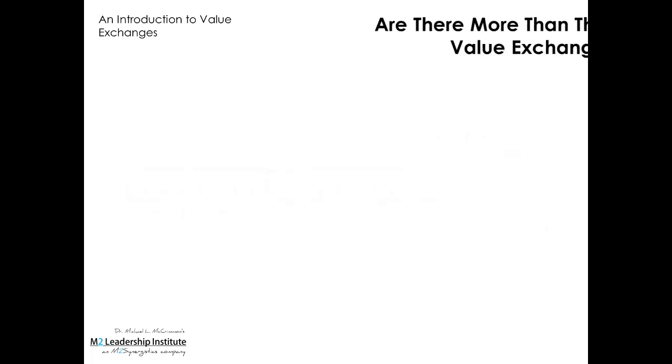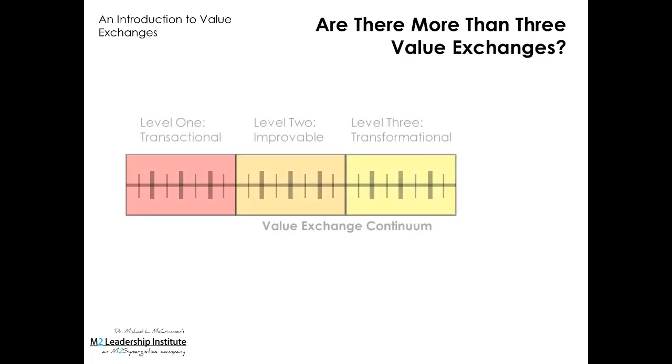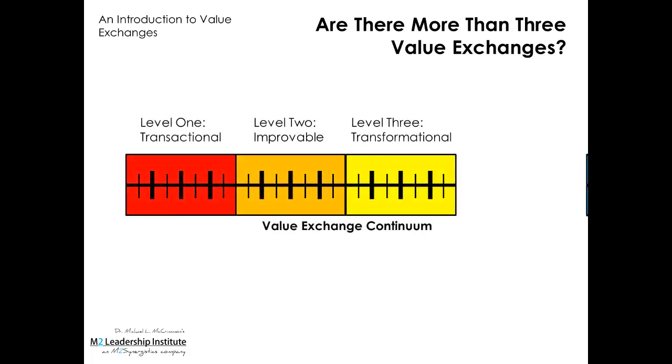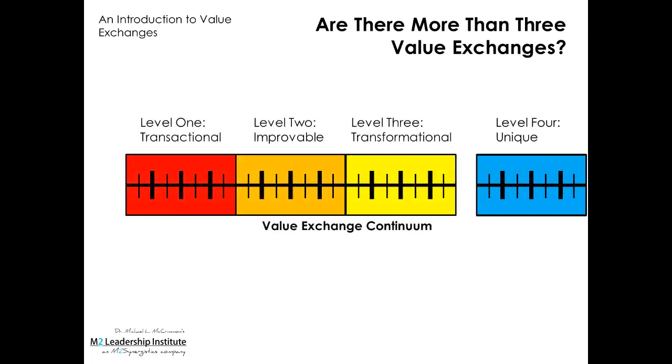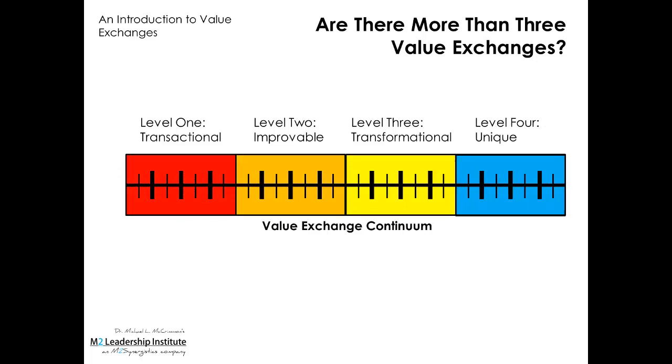So those are the three common value exchanges. There are some schools of thought that offer a fourth type of value exchange called unique. In a unique value exchange, both parties are equally contributed into a joint venture with equal risk and reward. This type of value exchange is very rare, and as such, I usually limit my discussion of value exchanges to the three previously mentioned, remembering that there can be one more all-in type of value exchange which is named appropriately unique because it is very rarely seen.